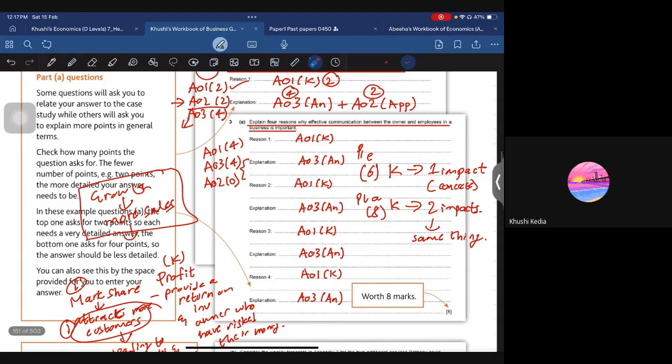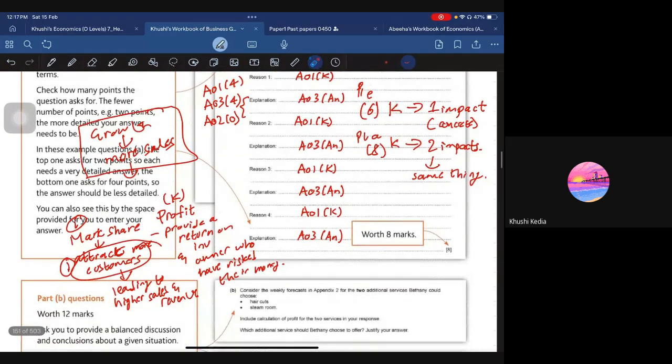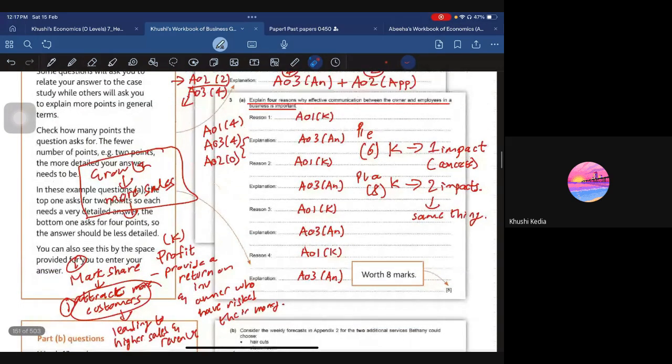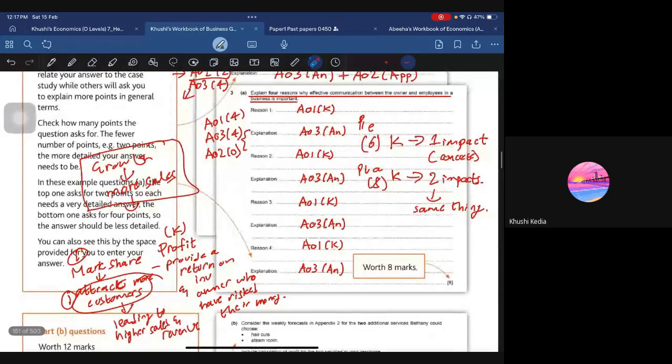Okay, coming back. So the next thing is, I have a question. Why is it that in business we are given a line limit, but in economics we are not given a line limit? You know, what I feel is that in economics, when you are doing the 2, 4, 6, and 8 markers, or even the case study,